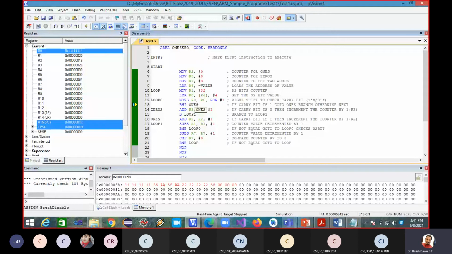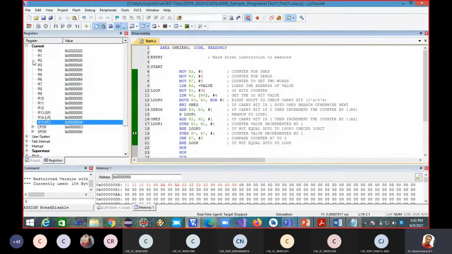When you rotate, you can see R0 is updating. It was 222, now it has become 111. As and when it rotates, the values are also changing. Now I just continue until the R1 register becomes 1. 9, 8, 7, 6, 5, 4, 3, 2. Let us slow down. One last iteration, 0. We are done.